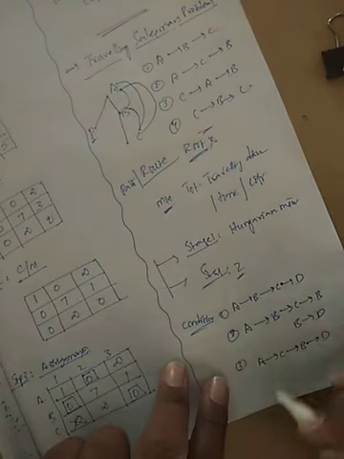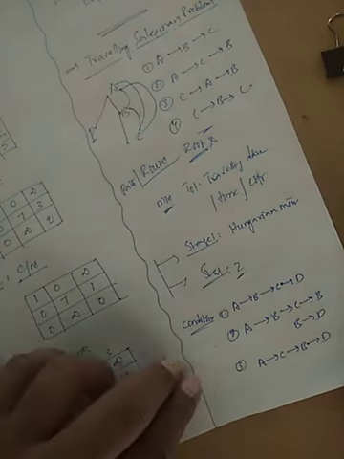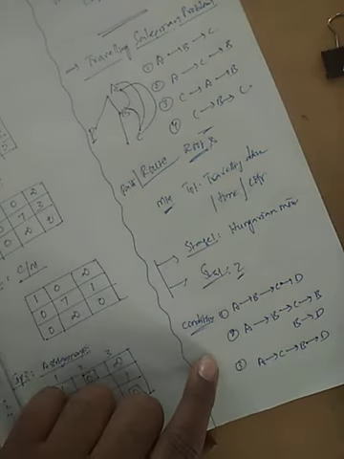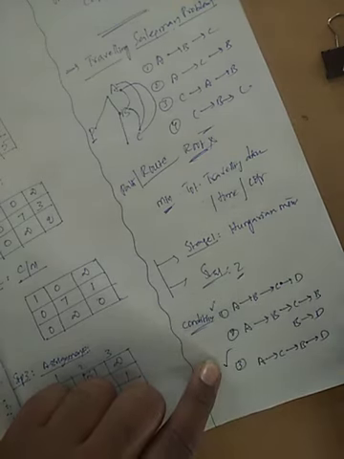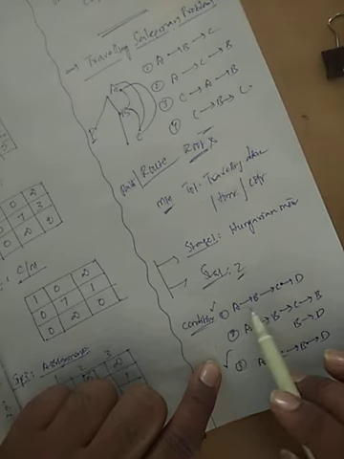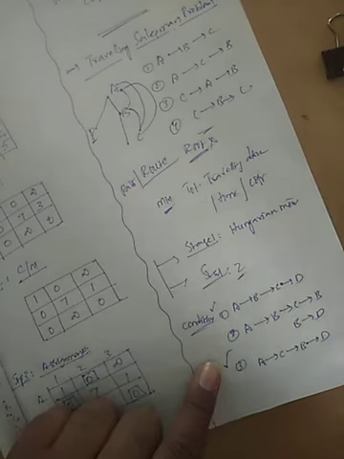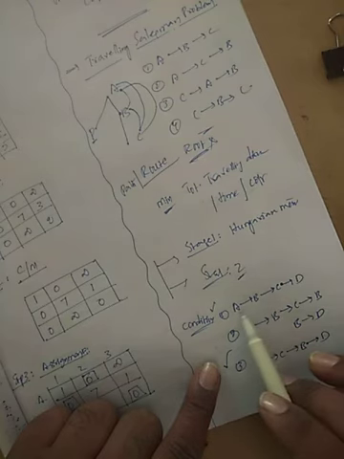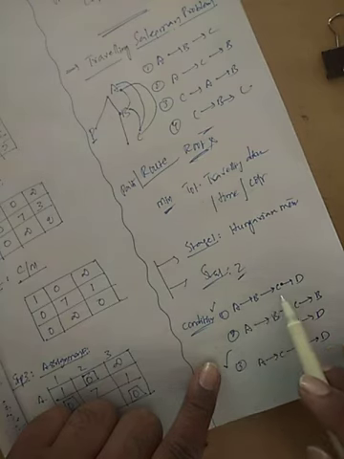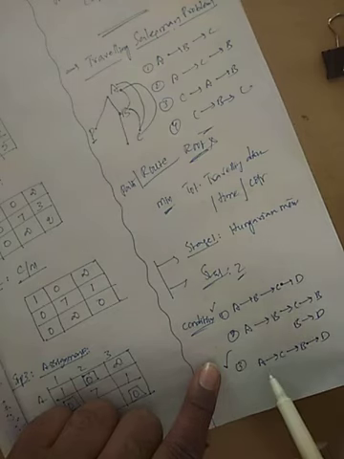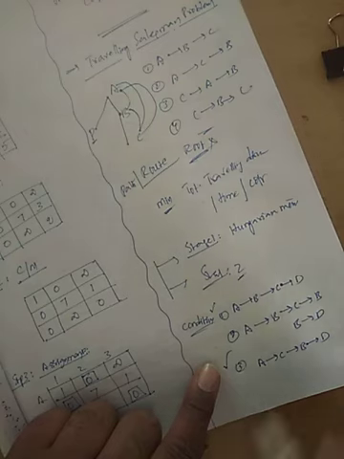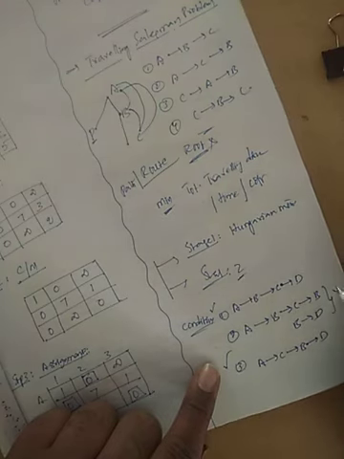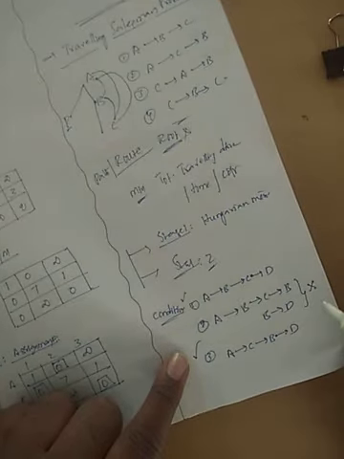If you observe these three kinds of answers, the ones satisfying the traveling salesman problem condition are the first path and the third path. Why? Because no city has repeated more than once. In this path, A appears only one time, B one time, C one time, D one time. Here also A one time, C one time, B one time, D one time. But here B is repeated more than one time. So this is an incorrect answer.